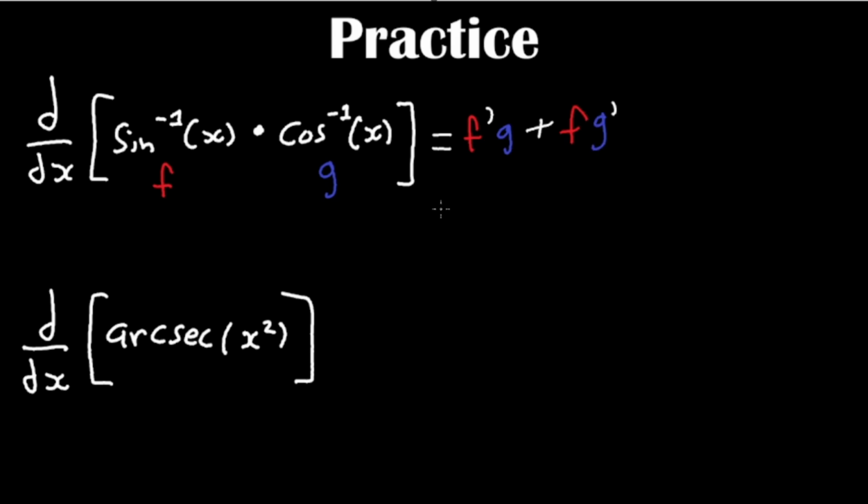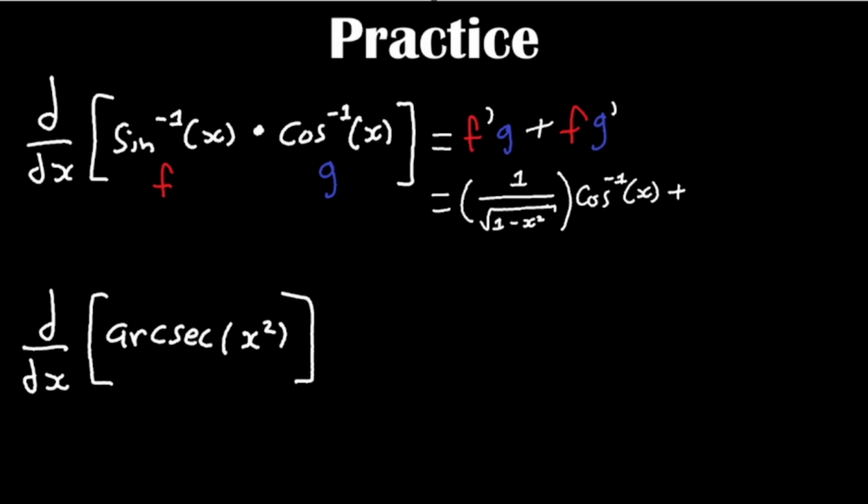Now, what is f prime? Well, that would be the derivative of sine inverse of x. So that would be 1 over square root of 1 minus x squared multiplied by g, which is cosine inverse of x,